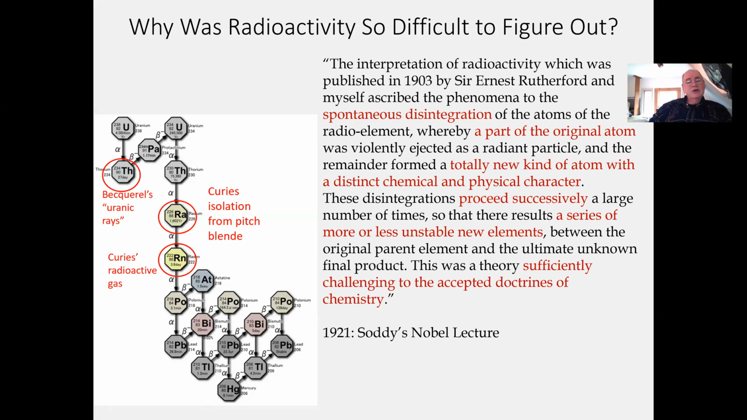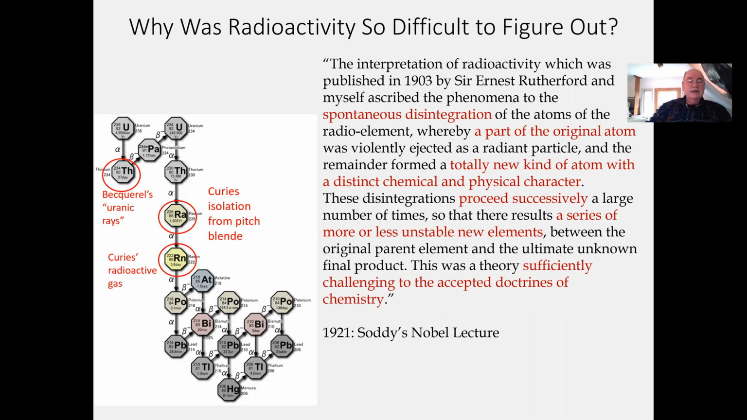The interpretation of radioactivity, which was published in 1903 by Rutherford and myself, ascribed the phenomenon to spontaneous disintegration of the atoms of the radio elements, whereby a part of the original atom was violently ejected as a radiant particle, and the remainder formed a totally new kind of atom with a distinct chemical and physical character. These disintegrations proceed successively, a large number of times. So these result in a series of more or less unstable new elements